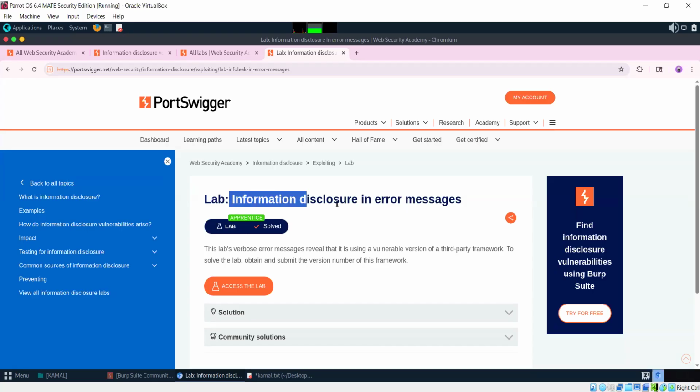We will solve the information disclosure in error message challenge. To access the challenge, click on the given link. As per the challenge description, this lab's verbose error message reveals that it is using a vulnerable version of a third-party framework. To solve the lab, obtain and submit the version number of this framework. The challenge difficulty is apprentice, and to solve the lab, we need to find out the version of the vulnerable third-party